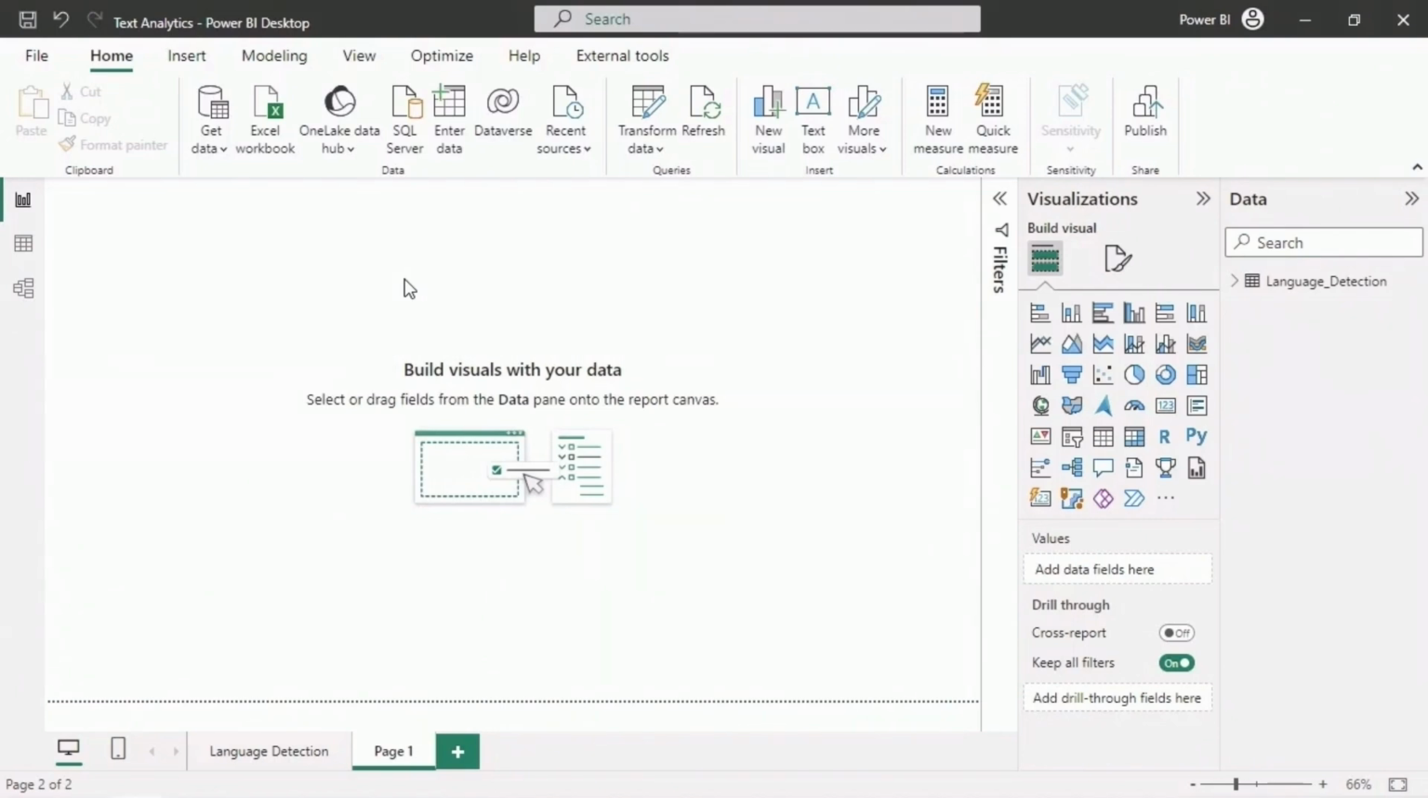This is the text analytics report and I am on page 1. The first page I've renamed to language detection. We'll now see how we can perform key phrase extraction from our text using the text analytics feature here in